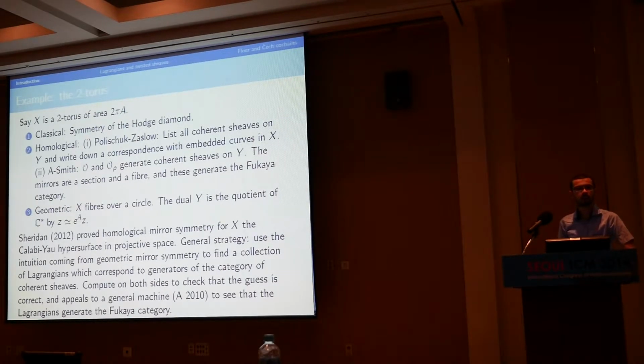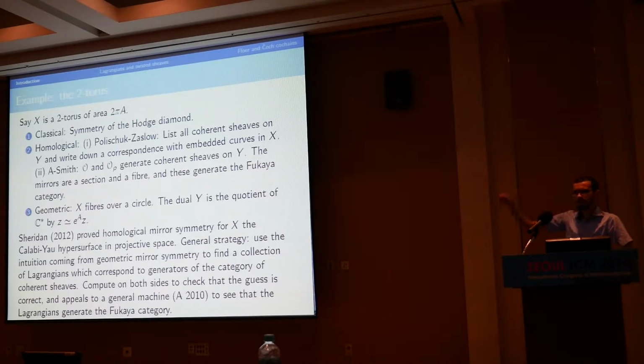Okay? So what do we know about curves on the torus? Embedded curves are determined by a pair of numbers, which you can think of as the slope, p and q. So you just write down your torus as a square, and you decide what slope you're interested in. On the other side, coherent sheaves also have a slope. The things that correspond to p and q are the rank and the degree. Degree basically is 1.